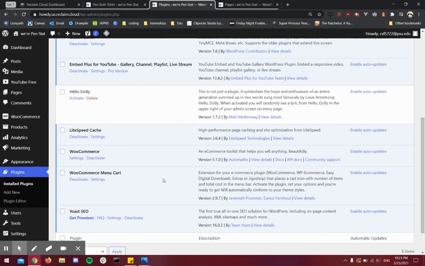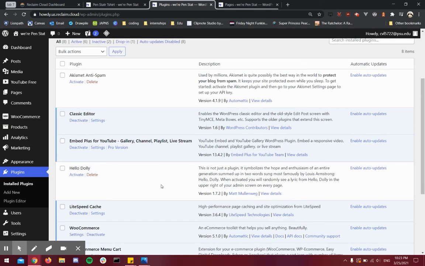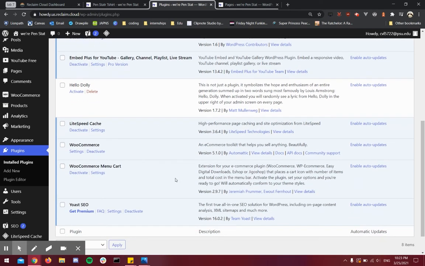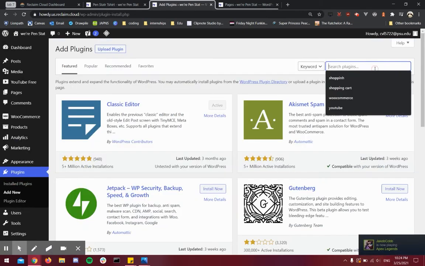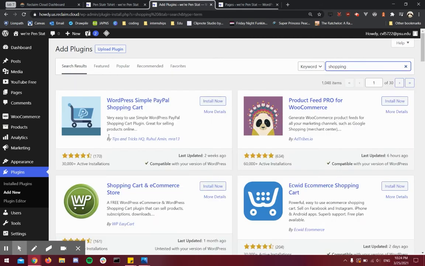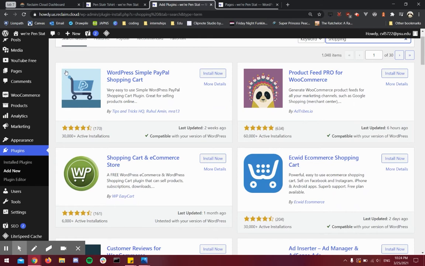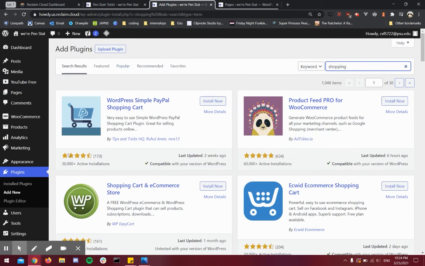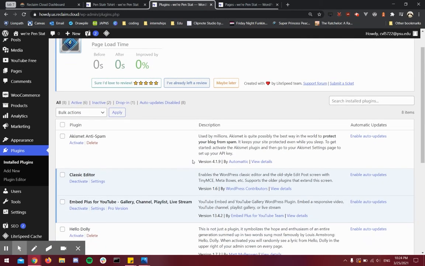For shopping cart plugin, there were a lot of options. At first, I did the simple one. Let me see if I can find it. The simple WordPress shopping cart. I just typed in shopping, and at first I used this one, and then there was a different one that was also WordPress, like simple cart, and overall both of them